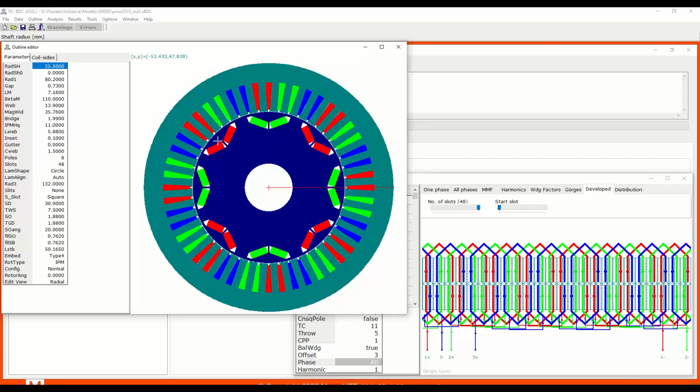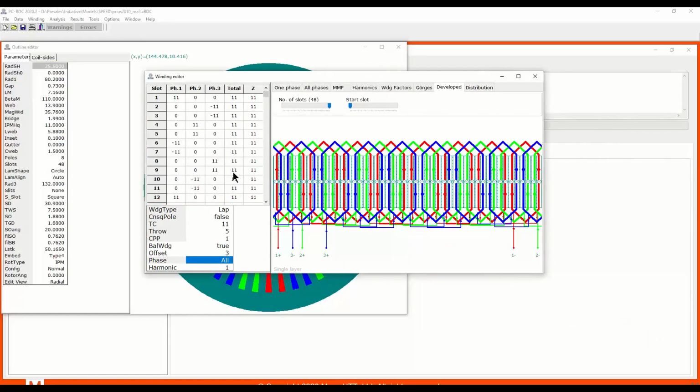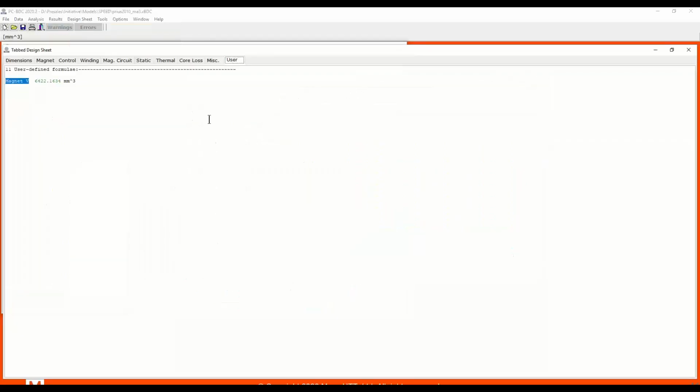So let's address the key features of the design. One of them being the winding. Usually the winding is developed in-house or it's part of the design. The key feature is you're trying to come up with innovative winding designs to minimize the winding factor, to minimize the harmonics, to address certain balance issues, using different techniques when designing the winding diagram. Once you have that set, the next step is to make sure that your design is working, that your resistance is calculated, and to check the results. So let's start by building a quick set of results and overview our design.